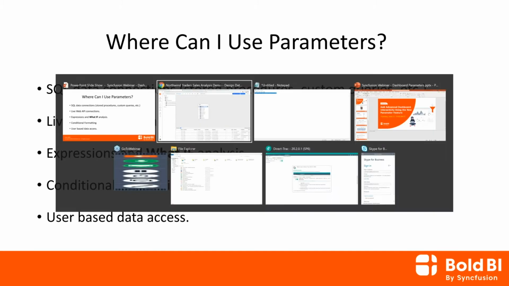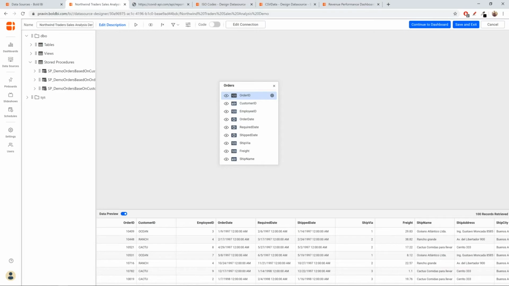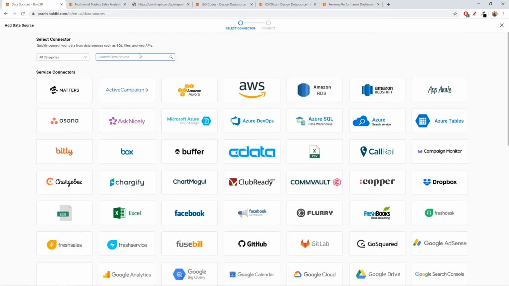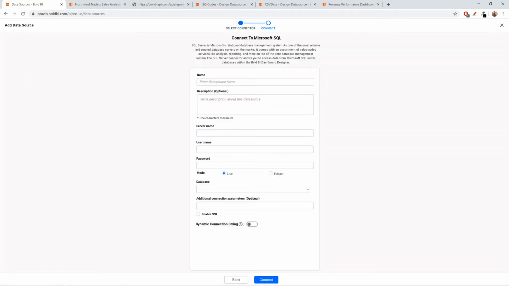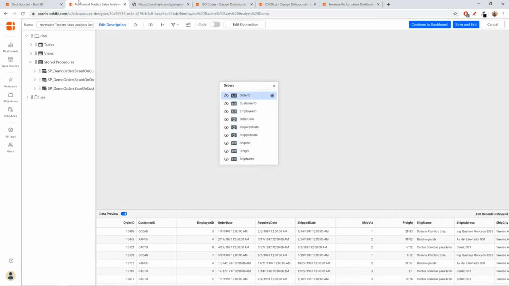I'll now take you to the application that I have. So this is the cloud instance that I have for myself, and here I have just created a SQL connection. When you create a new data source using the connection wizard, you just go to a SQL connection or whatever connection you want, and when you establish a connection, let me show you the connection wizard here. I'm just showing the Microsoft SQL Server connection wizard. You enter all the required details, and when you click the connect button, it is going to take you to the data source designer that you see here.